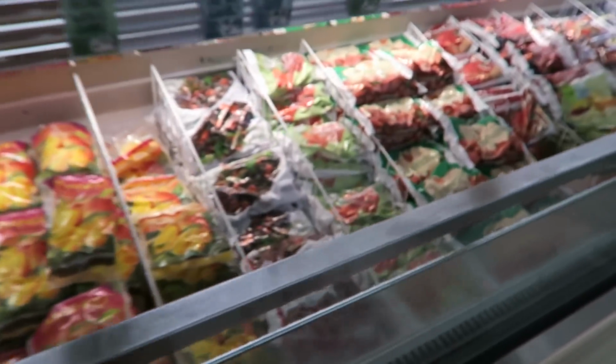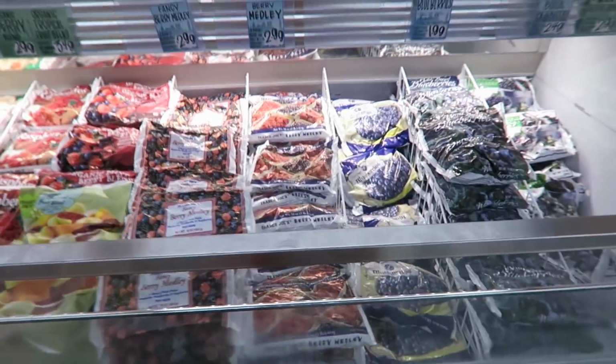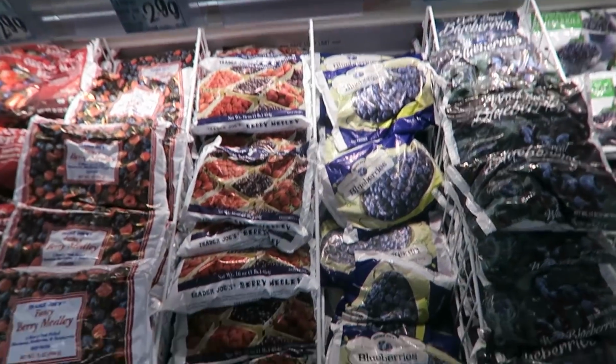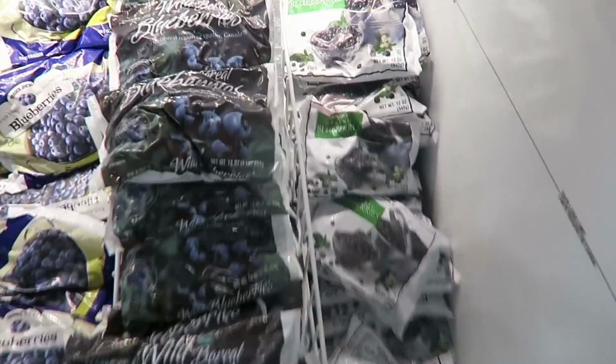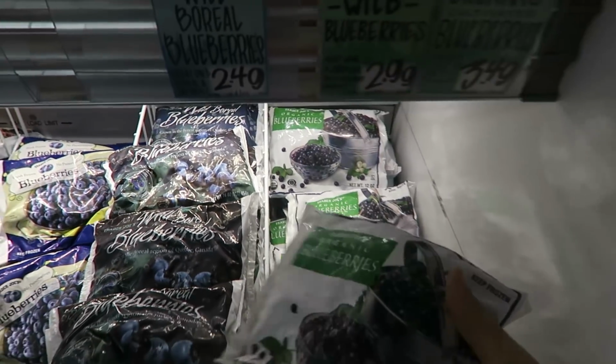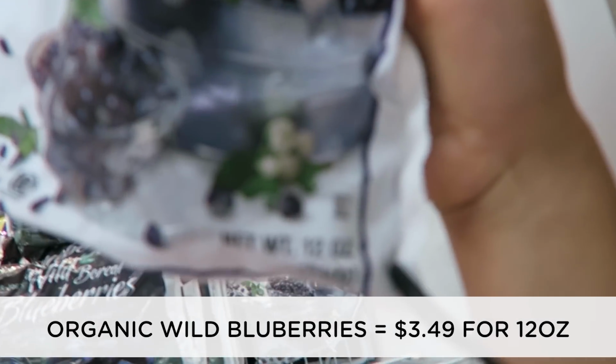Next up we have fruit. So I'm really excited to see the price of these. Let's see what the organic options are. So they do have wild blueberries. They have organic wild blueberries here, and these are $3.49, and they are in a